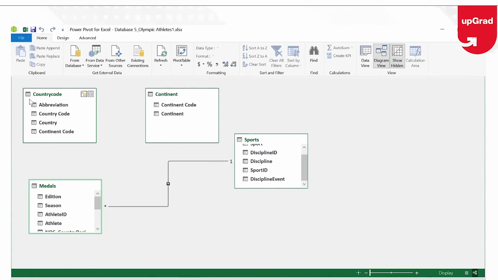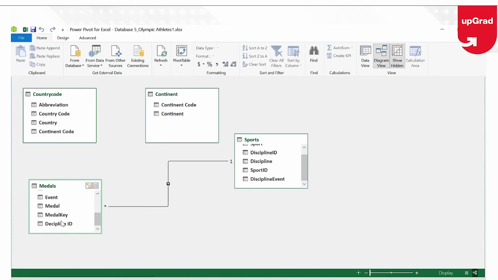Now I need to know the country code, I need to know which country has been playing, how many genders are playing from each of the countries. Let's assume that. This is my transaction table, so here all the data will come. So I need to start my relationship from here and move the relationship to this.